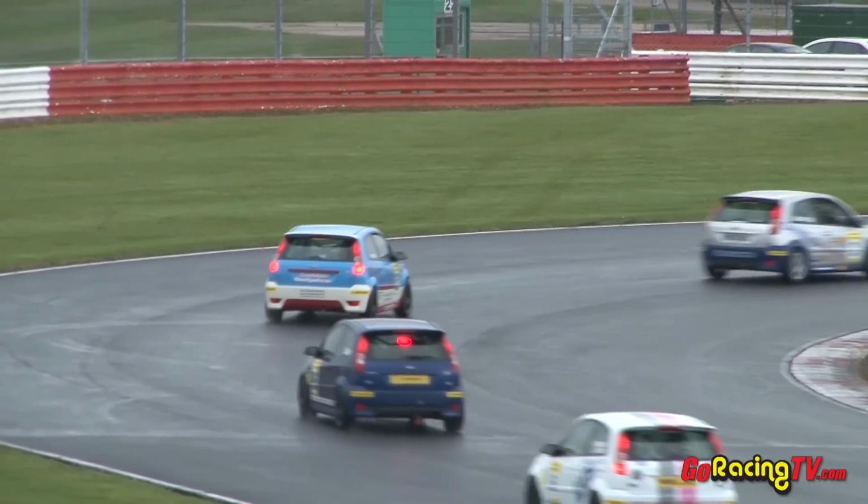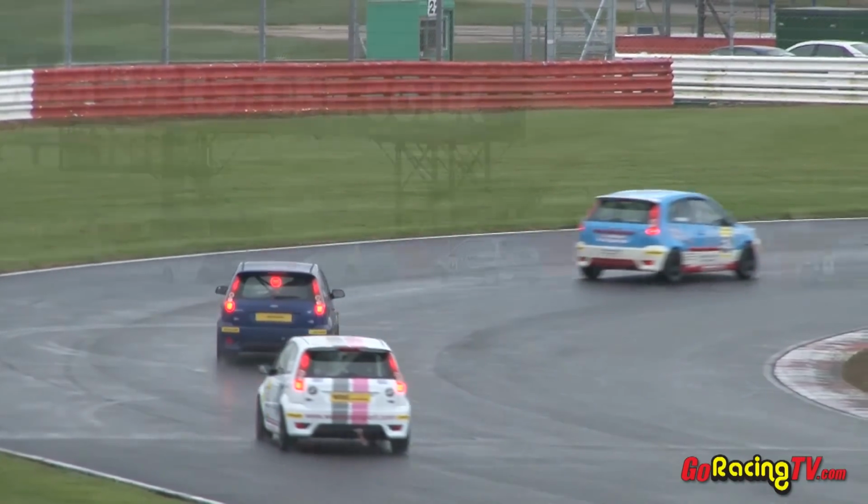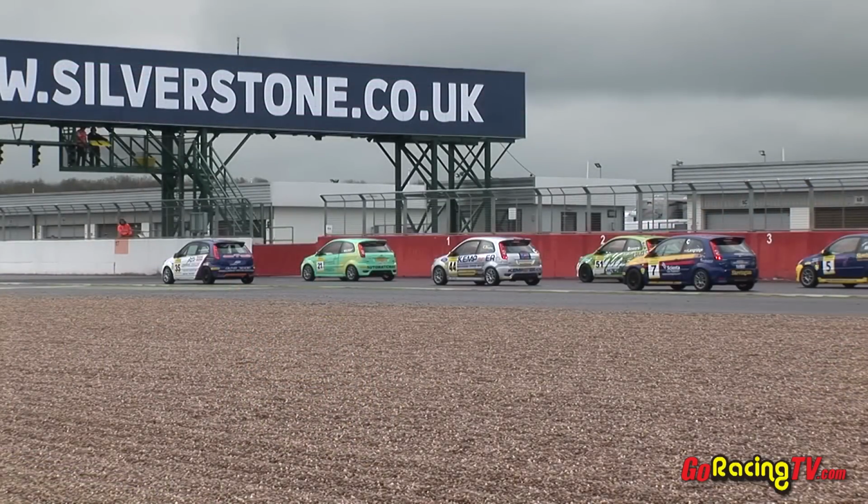A wet Silverstone circuit greeting the cars then for the first outing of 2012. Pole position here at Silverstone, the outside line. That's where Jason Cooper is in the white and blue 35 car. In turquoise, it's Andy Wilmot alongside him, nearest to the pit wall. Row 2, Ian Fletcher in the silver 44. And alongside him,